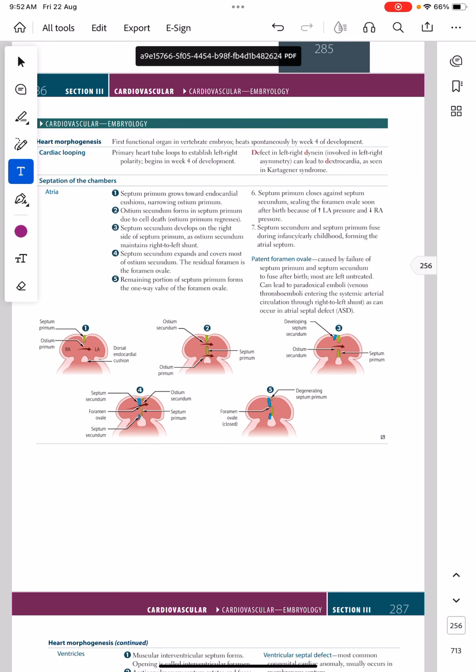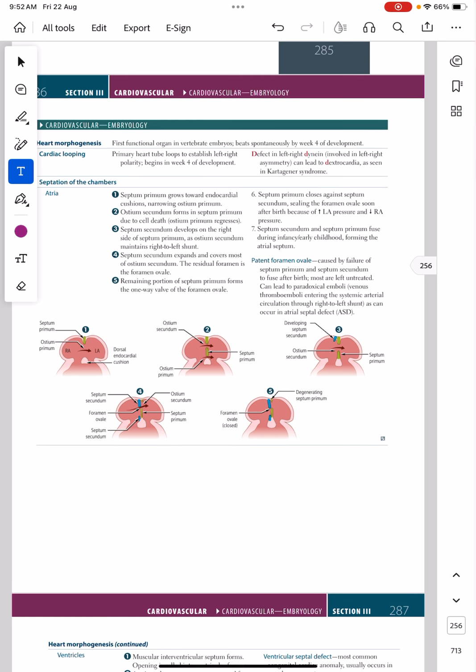So today we are starting the cardiovascular anatomy, embryology and physiology. So first of all, the cardiac embryology. The heart is the first organ which develops and it beats by week 4 of development. And the important thing is that as the heart develops,